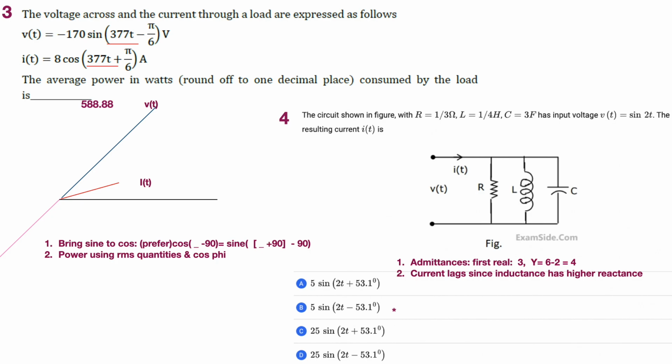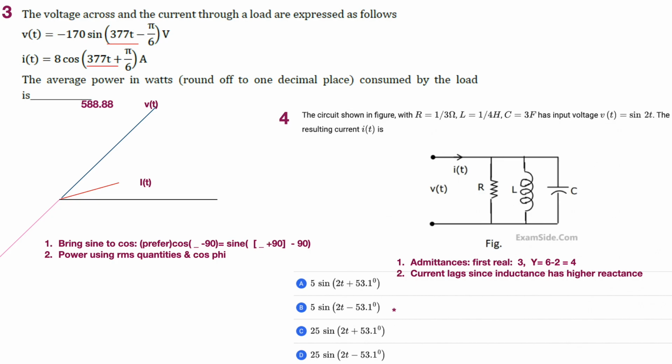So together 3 and 4 are at 90 degrees with respect to each other. So 3 and 4 combine to form the square root of 3 square plus 4 square, which is equal to 5. So answer 5 is right, but of course A and B are talking about answer 5, the total magnitude. And regarding the angle, we see that there is an angle of lag. Since both the angles are the same, we can choose this as equal to minus 53.1,